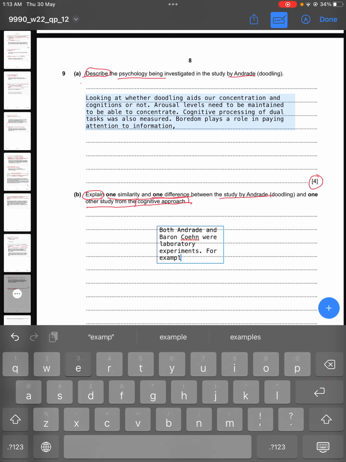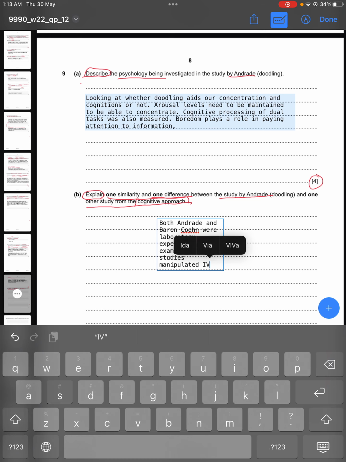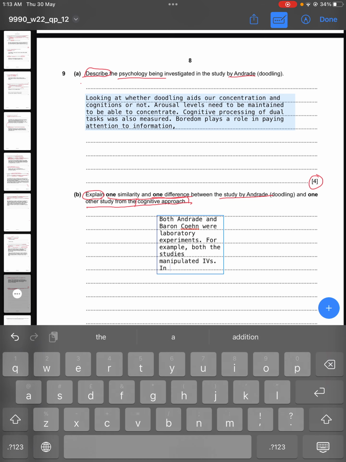For example, both the studies manipulated independent variables. You need to give the example as well, that in Andrade's study,